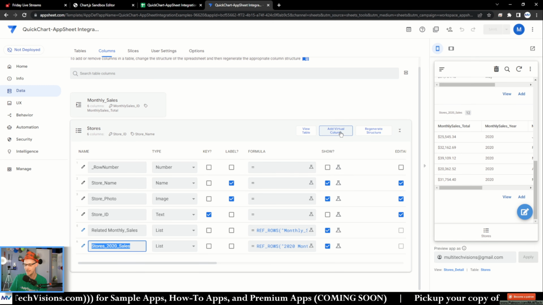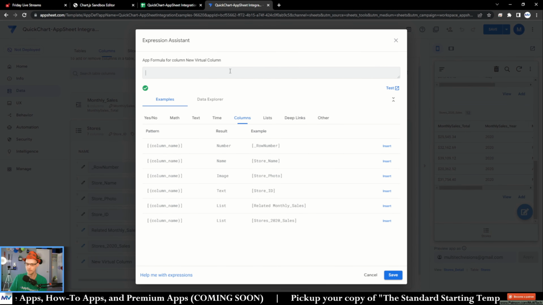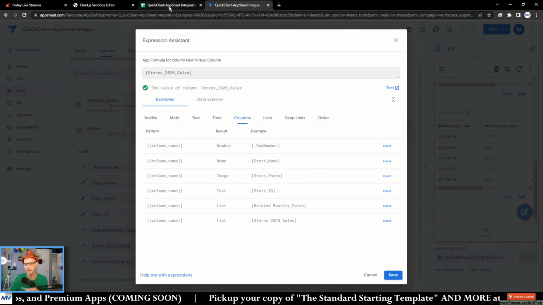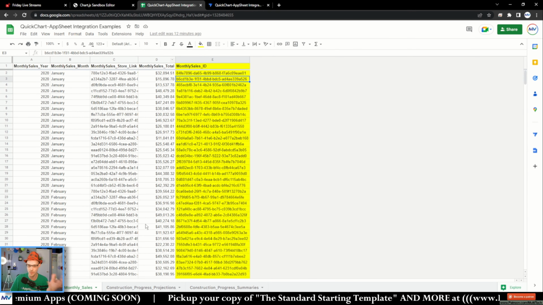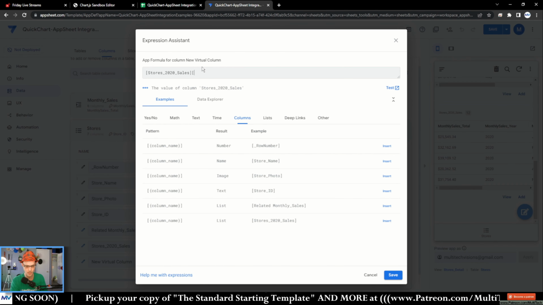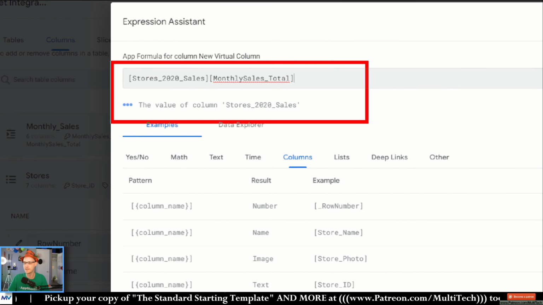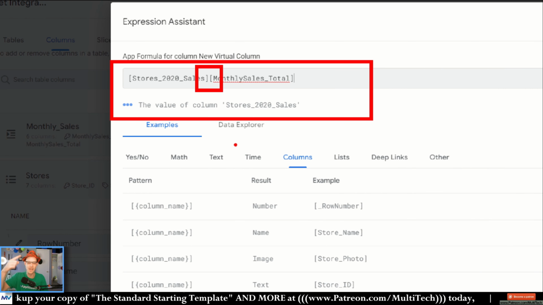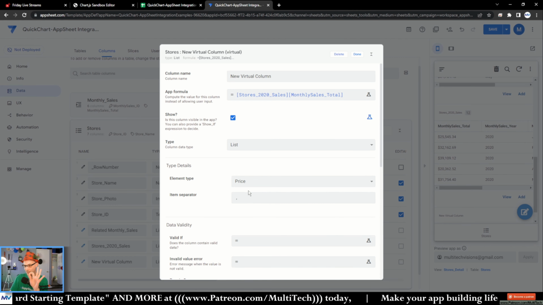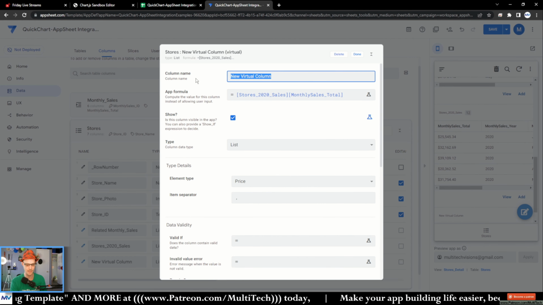I'll copy this. And what I need to do is a dereference out of this. So I drop the name of my column, then I need to dereference out of that its list of prices. The easiest way to do that is to go back to your sheet, copy the name of the column, come back here, and put it in square brackets. The key here is no dot. Since we're doing a list dereference, the list doesn't use the dot. That's the key. And if I save this, you can see it's a list of prices, and I can say 2020